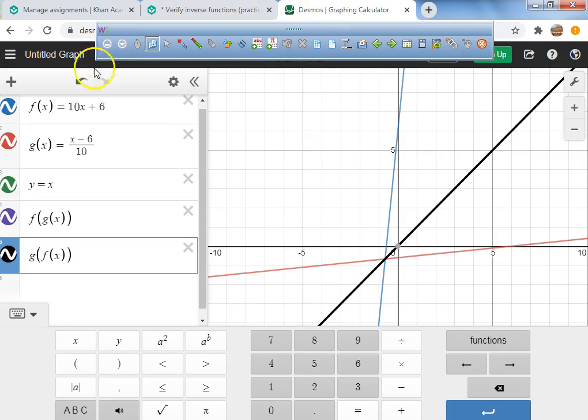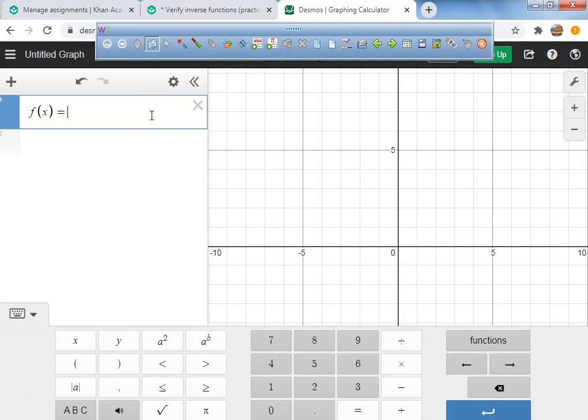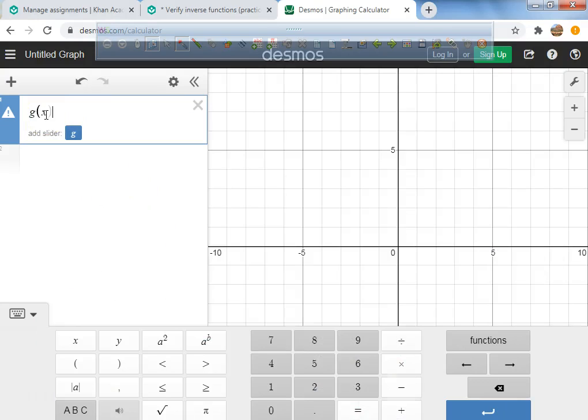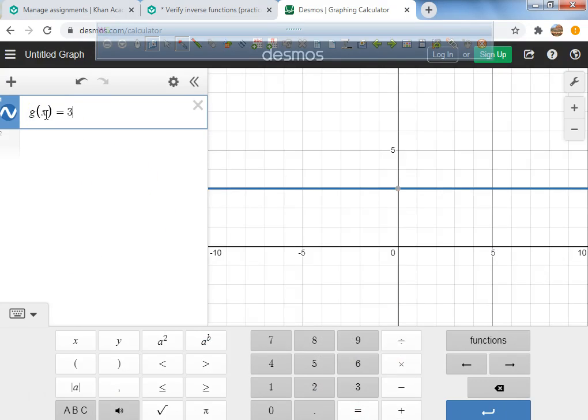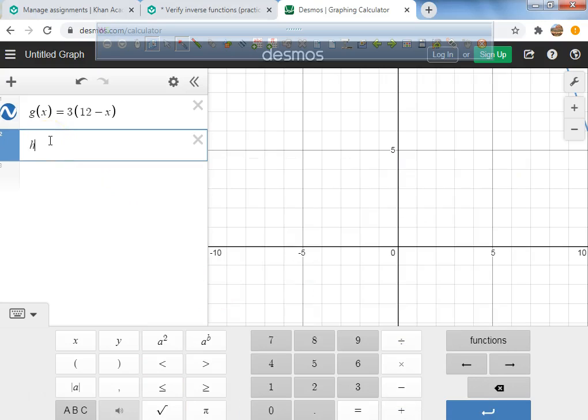Now, I'm going to go ahead and clear this out right here. Instead of f of x, I think I'm gonna start with g of x. Let me look. Okay, g of x. So I'll put g of x, and then it was equal to 3 parentheses, was it 12 minus x? I believe 12 minus x. Okay, and then over here I'm going to do h of x